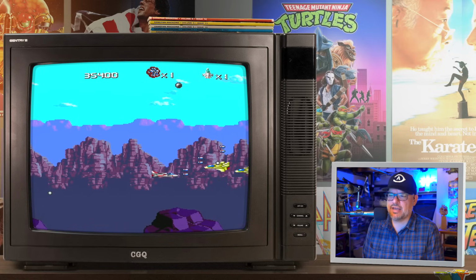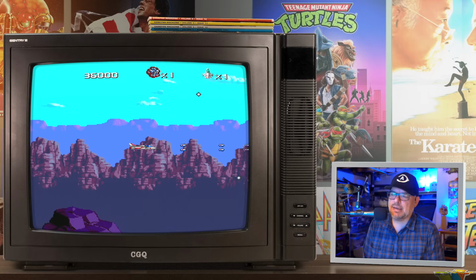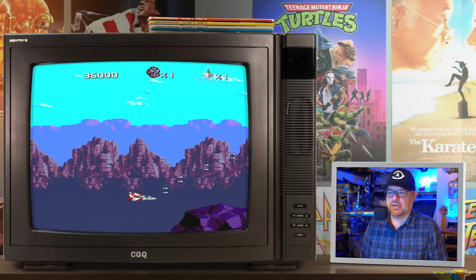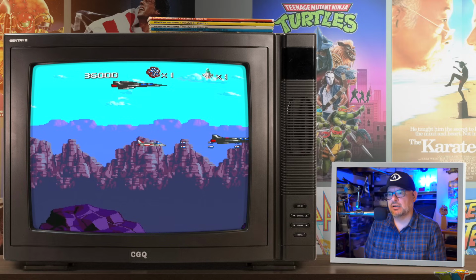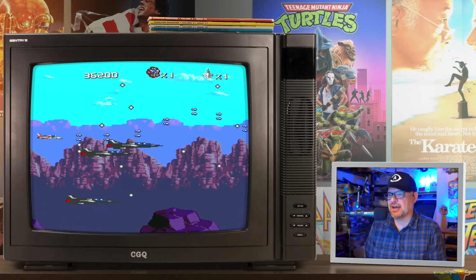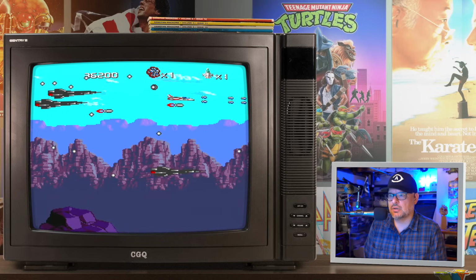This is a game, I mean, as you may have noticed, a lot of times with side-scrolling games, you'd want to stay sort of towards the left side of the screen. But with this game, a lot of stuff comes from the left side of the screen, and so you don't really want to be hanging out over there. These guys definitely have the little afterburners that they poop out at you, so...